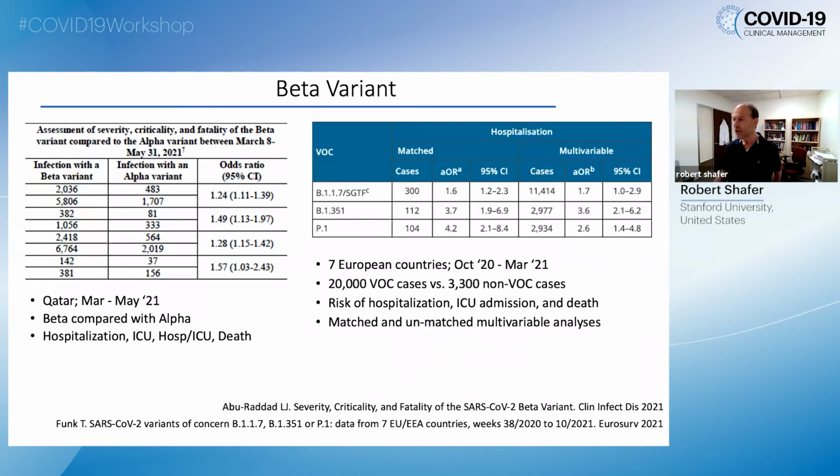In preparing for this presentation, I was surprised to learn that in the 2 studies comparing Beta and Alpha variants, the Beta variant was actually associated with a higher risk of hospitalization, ranging from about 20% to 100%. Although the numbers of patients in these studies were smaller than the numbers of patients in the preceding studies shown